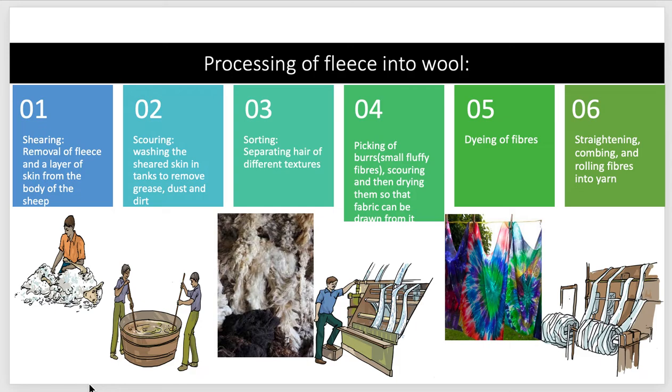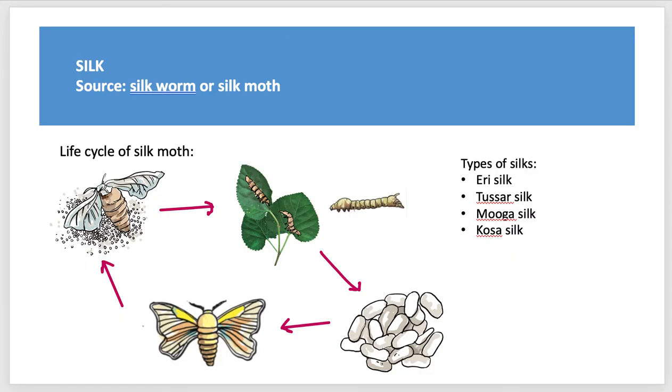So that's why, since there is no air, there is no insulation of heat, and that's why cotton clothes cannot keep us warm. That's why we choose to wear woolen clothes in the winter. So this is about wool. Now, moving on to the second animal fiber which we'll be studying about, silk.